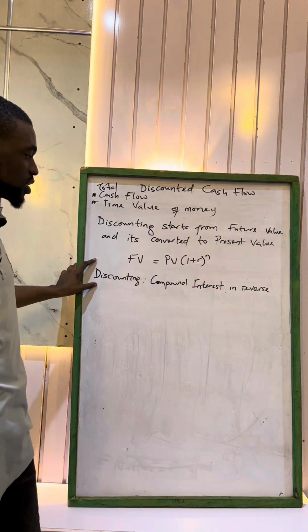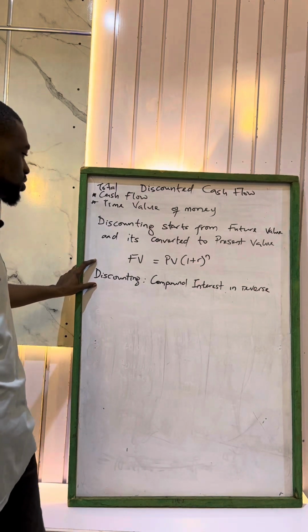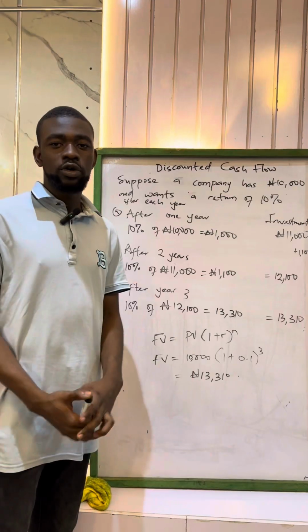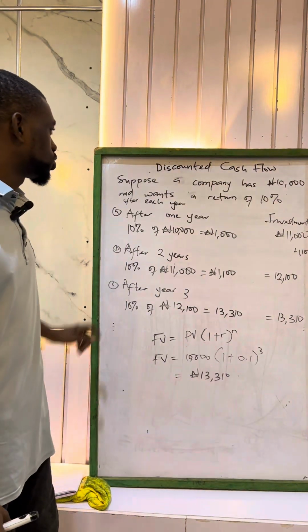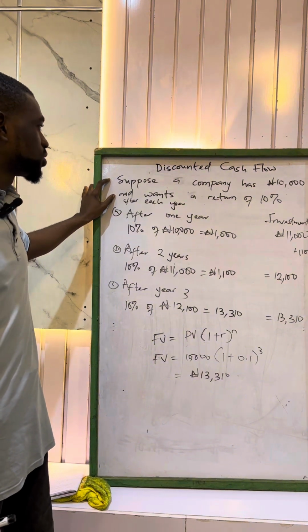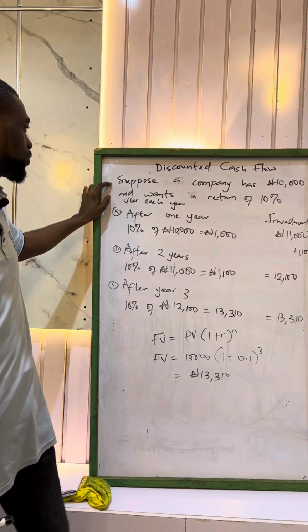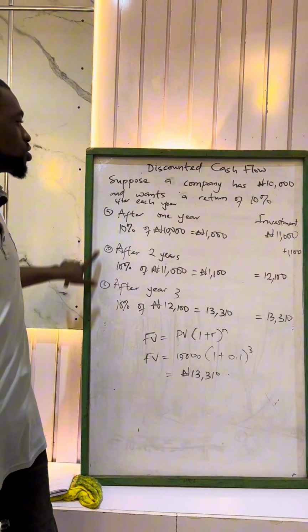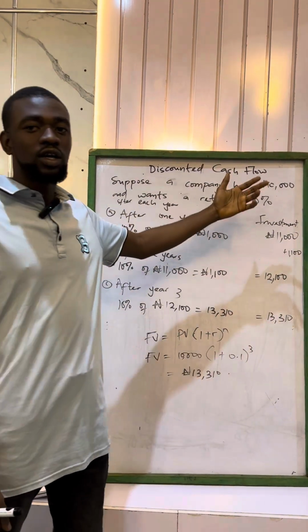And discounting, we should also understand the concept of discounting, that it is compound interest in reverse. So explaining the concept of compound interest, let's take this illustration for example. Suppose a company has 10,000 naira and wants a return of 10% each year. We want to determine what's going to be the value of this 10,000 naira after